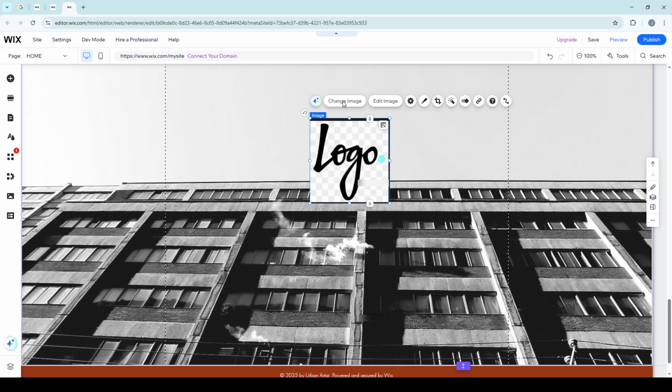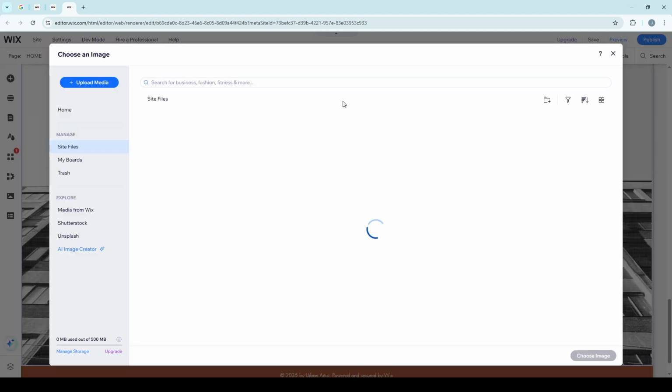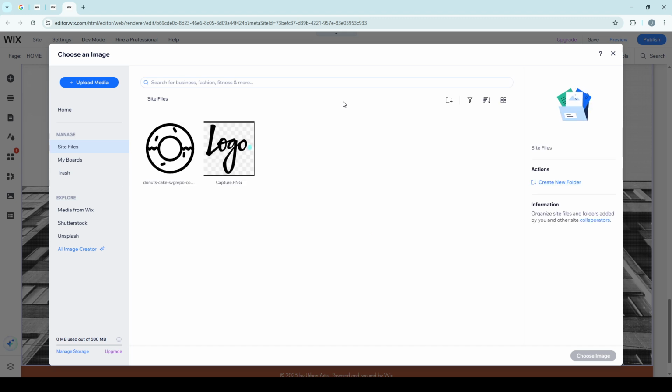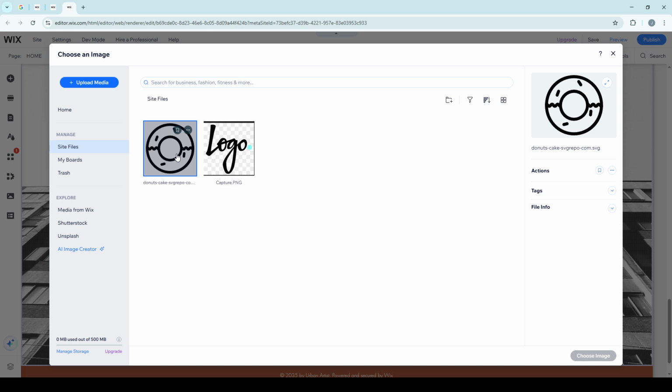This option will open up your Media Manager, an organized library of all the images you've uploaded to Wix in the past. You can either select a new image from here or choose to upload a new one from your device. If you're uploading, make sure the image you select is of high quality and that it fits well with